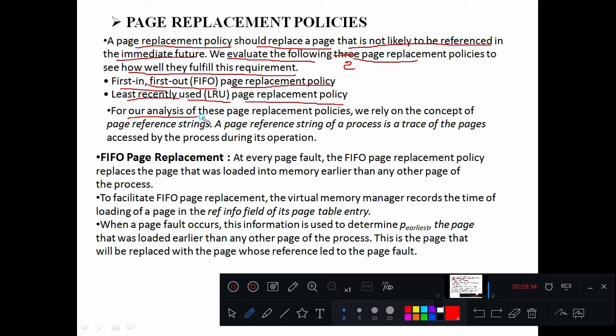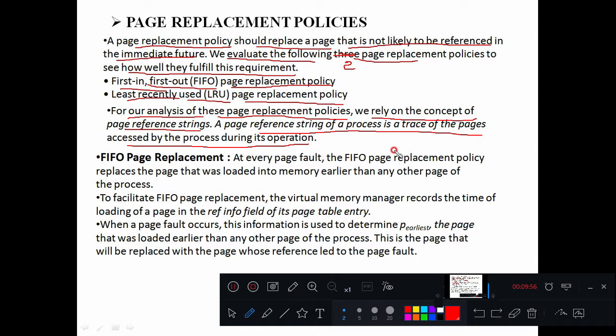For our analysis of these page replacement policies, we rely on the concept of page reference strings. These page reference strings we will come to know later. A page reference string of a process is a trace of pages accessed by the process during its operation, right? So at a particular time, which page is going to be referenced?